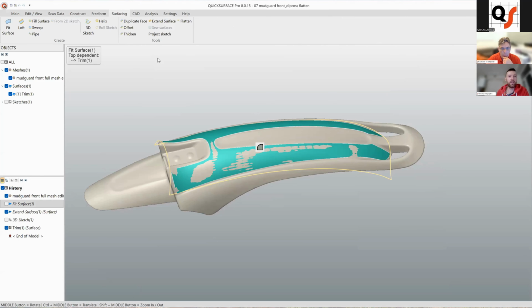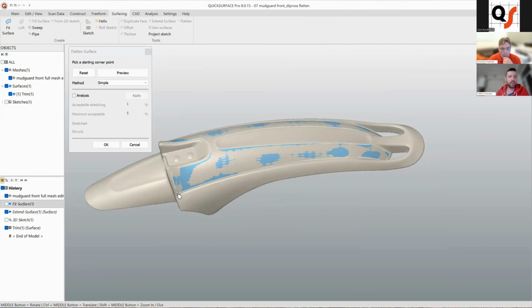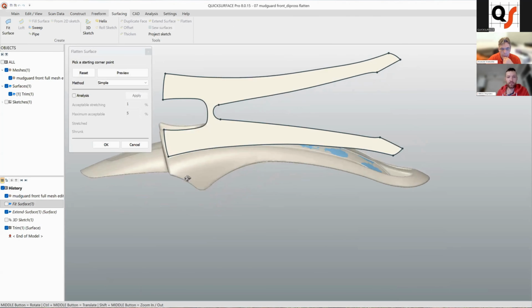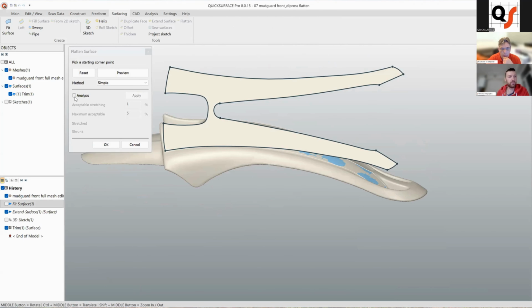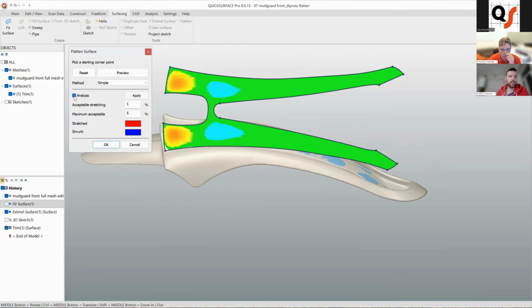So essentially you can just see how this works here. Let's go to flatten. Let's pick, for example, this point. So you can see this flattened previously created surface. If we go to analysis, so here we can see actual